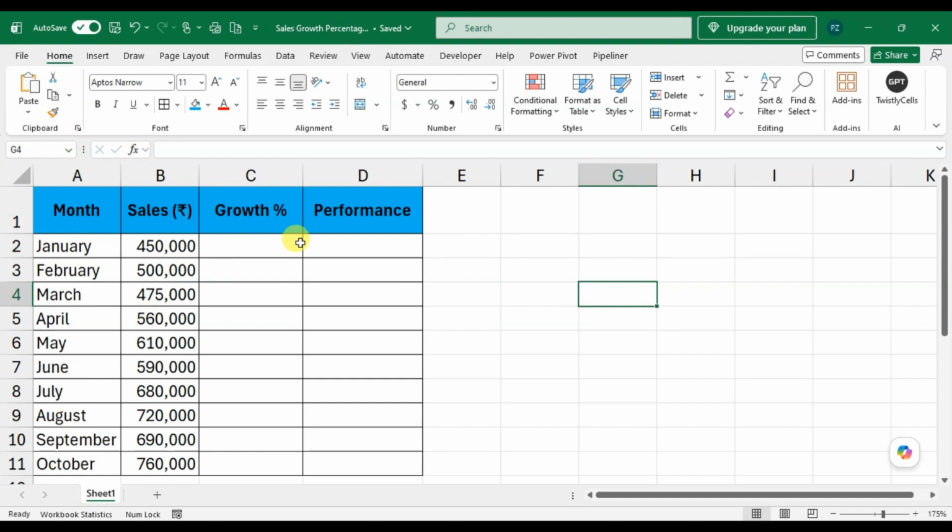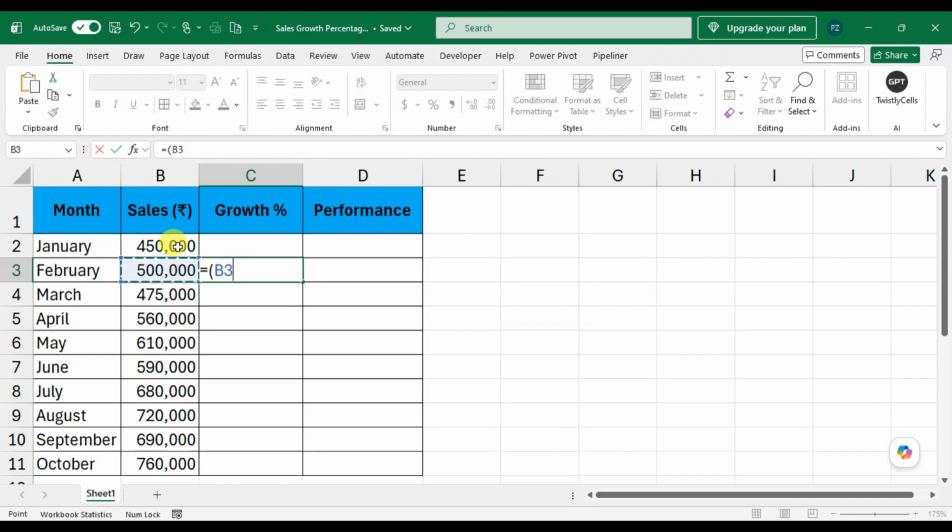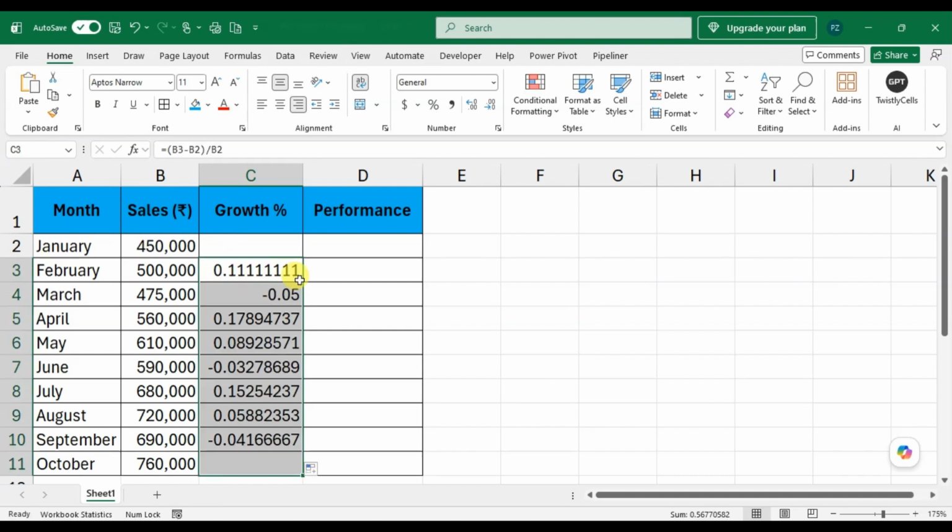In the first month, I just leave the cell blank, and from the second month I select the growth percentage cell. It is equal to, in bracket, select B3, the February cell, minus B2, the January cell, bracket close, divided by, again select B2, the January cell, and press Enter, and you can see the growth percentage is calculated. I select the cell, double click on this corner point to fill the cells below,